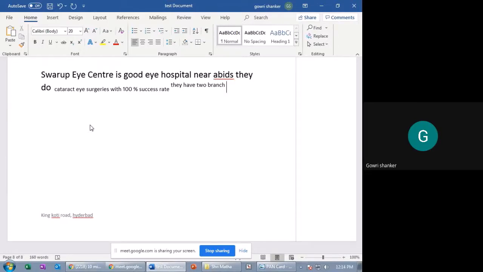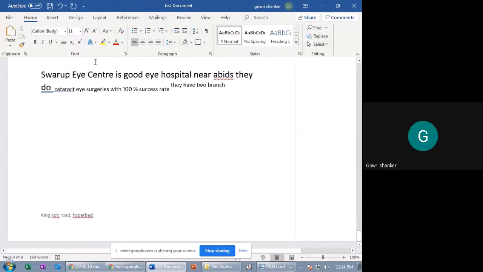Subscript means the text will come a little under the line, and superscript will be just like a square. X square, A square, that is a model. This is superscript and subscript. Just select X square, and X subscript and X superscript. For this, you have to use it. You can see here.